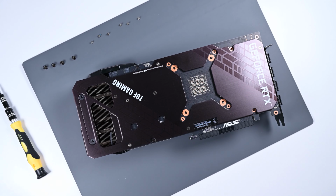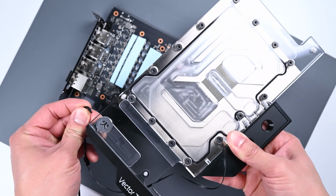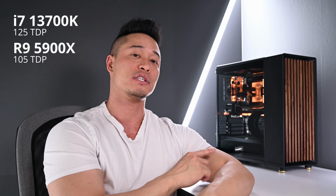In breathable cases like this, you can get away with using less cooling hardware even for some higher-end CPUs and graphics cards. Looking at the Fractal Design North, it's carried over that same breathable design, which is why I was excited to try the same thing as I did in the Torrent build and see if it holds up similar thermal performance. Except this time I have an Intel 13700K, which is more recent and runs a bit hotter than the 5900X, and an RTX 3080 Strix, which I will also include in a single loop with just one 360mm